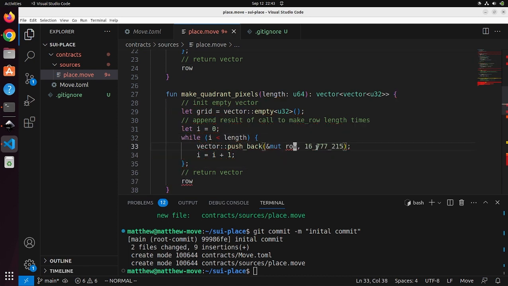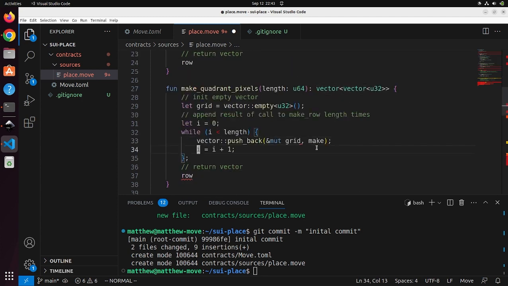This would work, but it's wrong because given a mutable reference, we change the variable name, and we also want to do a make row. What did we call this? We called it make row, and we're just going to pass in the same length because we want it to be square. And yeah, it doesn't work, and the reason why it doesn't work is because here in this type parameter,